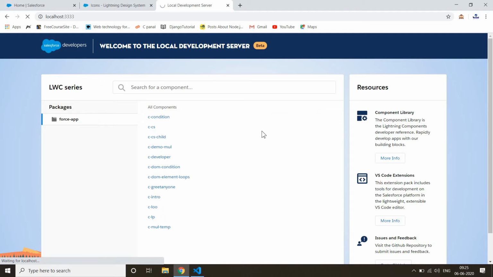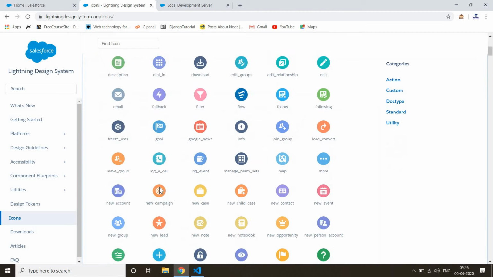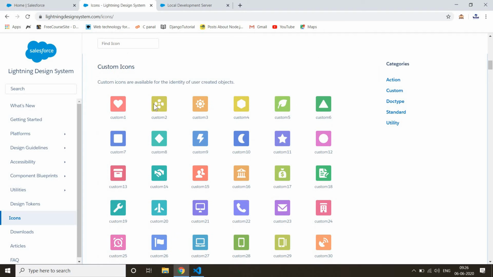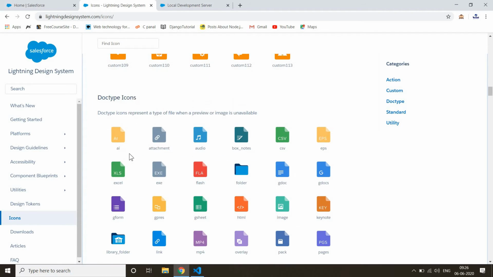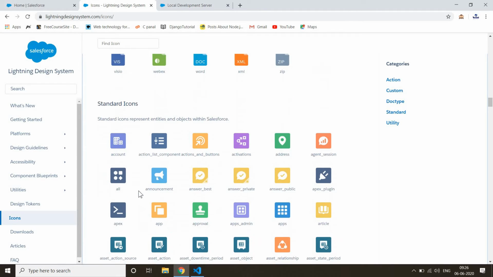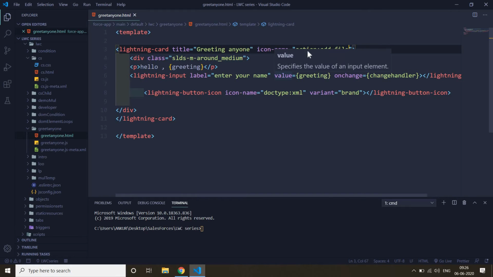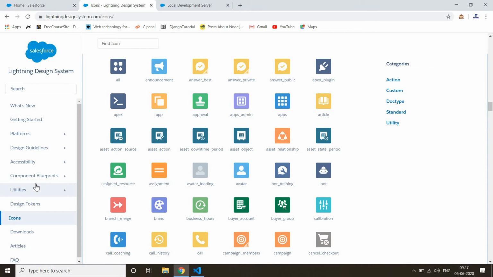I already started my local development server, so you can see our file icon finally shows here. Then you can use some other category, like custom icon, which we already used in our Lightning Web component, and then doctype icon. You can use any type of icon; simply change the category and, after the colon, the name of the icon, and your icon will work.